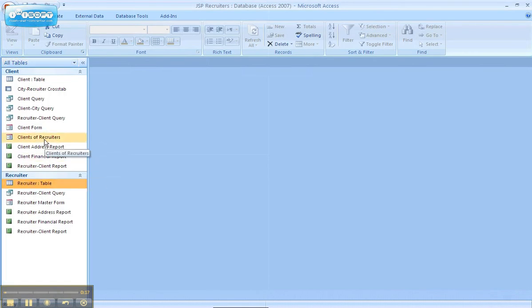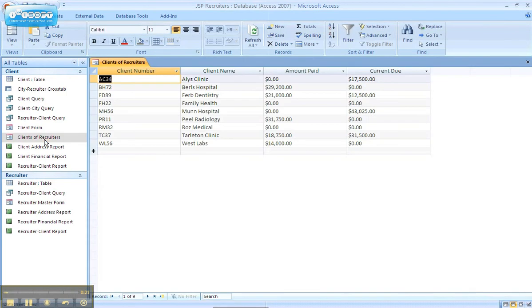You can see right here is our Clients of Recruiters form. I'm just going to double click on that. We're going to open it up and it shows us all of the values that are in that form. What we want to do is resize all of the columns to fit the contents